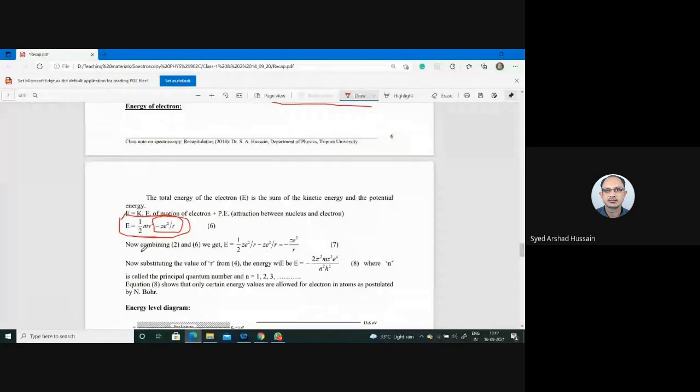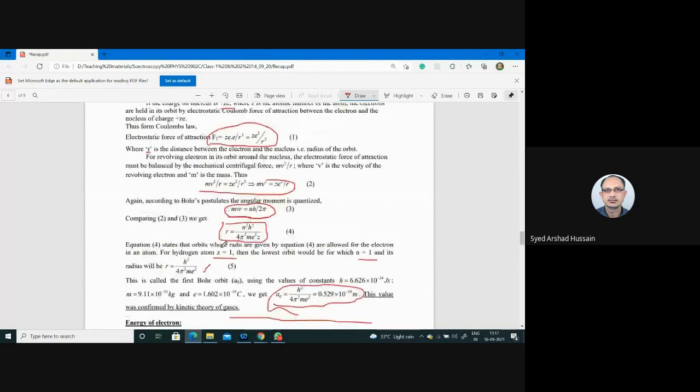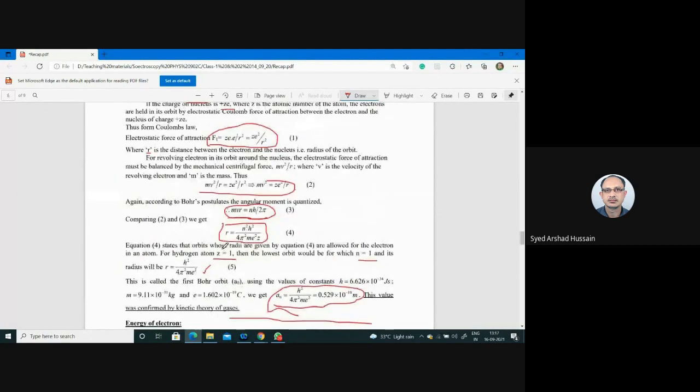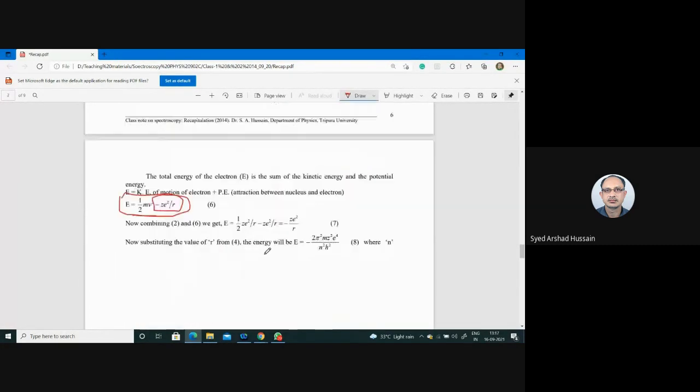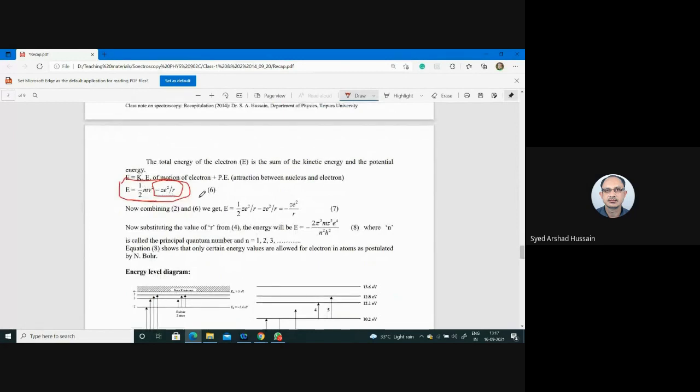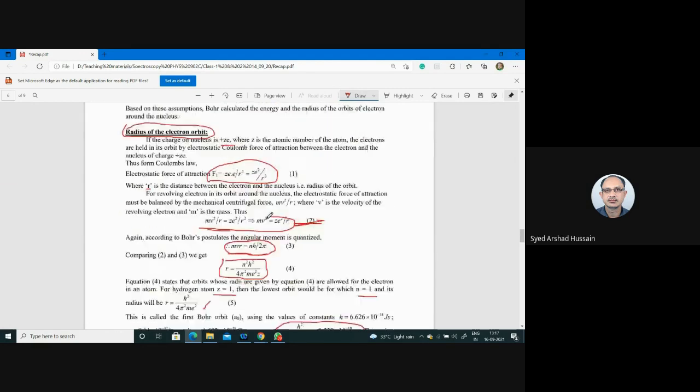Okay. Now, from here, mv² by r is equal to Ze² by r². Comparing this equation with this, one can have E is equal to half Ze² by r minus Ze² by r, that is minus Ze² by 2r. Again, we know the expression for r in terms of various constants here. So you put here the value of r,